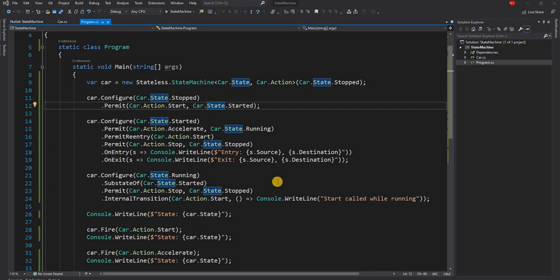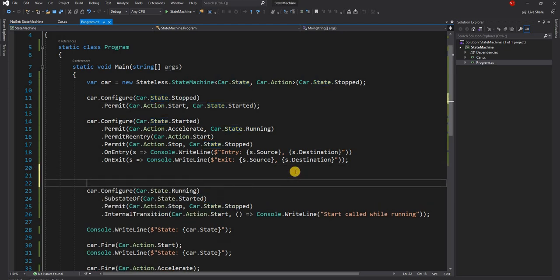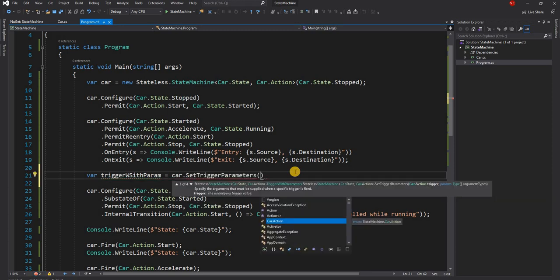The other very important thing that state machine supports is a way to pass parameters, and that is something I touched upon briefly before. There might be a situation where you want to pass a parameter while triggering a particular event, and that is something we can do. So let's say we want to do something when a running state is entered. What we can do is create var trigger with param is equal to car.set trigger with parameters, and parameters, as you can see, is a arg,